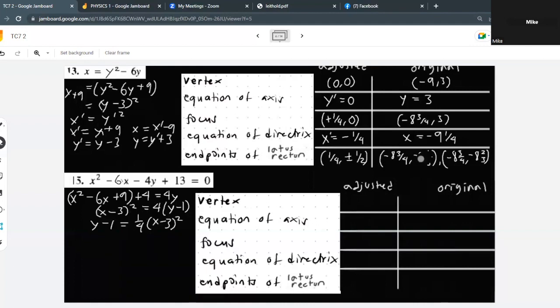Bakit ganun? At saka minus 1/2 plus 3, which is